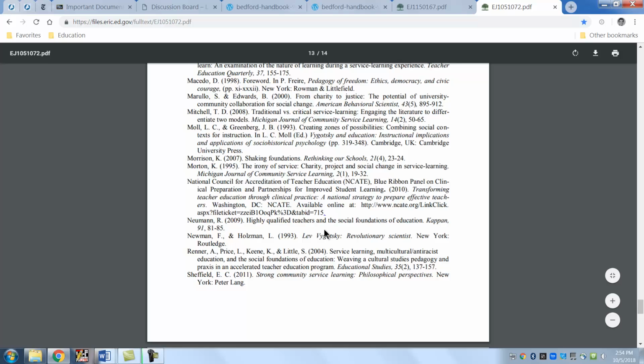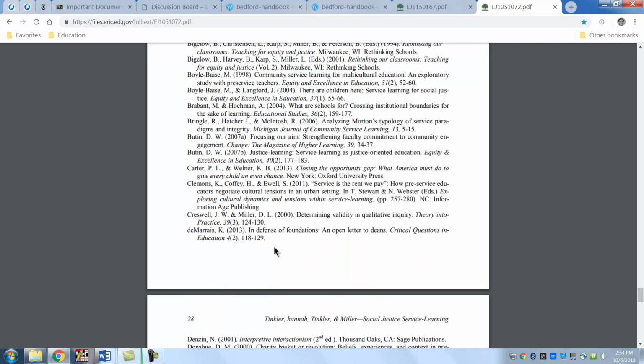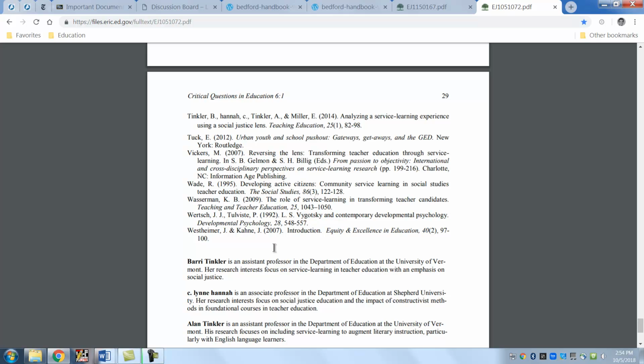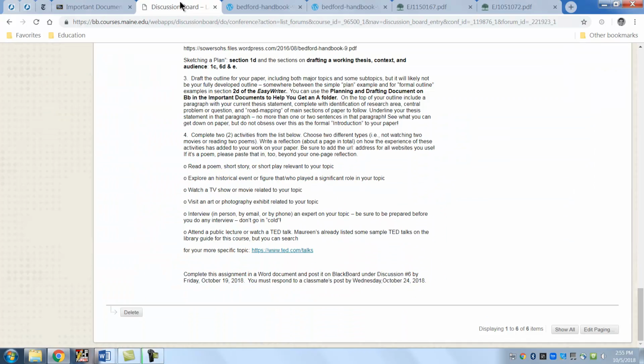Okay? So that's what it is, and if you notice at the end, if we ever get to the end, there's the references section right there, and they should have had this on a separate sheet. That's the APA format, but you can see that they have the same thing here. So look at all theirs, and that's an example, and that's part of the work for this week. I know this is long, but we're preparing you for starting to write a draft, and then you're going to be starting to write and write and write.